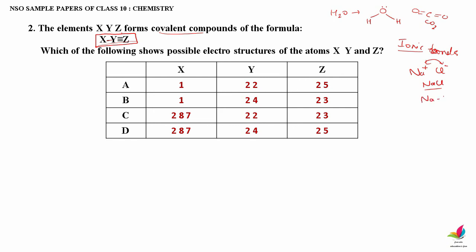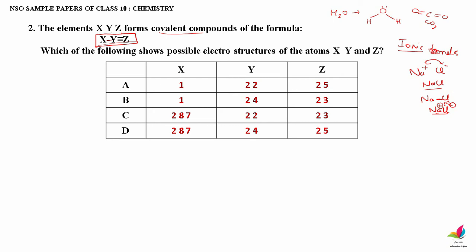Now you cannot write it like this, because this is not an ionic bond. An ionic compound should be written like this, NaCl, and we should know that it is Na plus Cl minus. The two oppositely charged ions attract each other and form an imaginary bond, which is called an ionic bond. It is also called an electrovalent bond. Both are the same. Here this compound has a covalent bond.